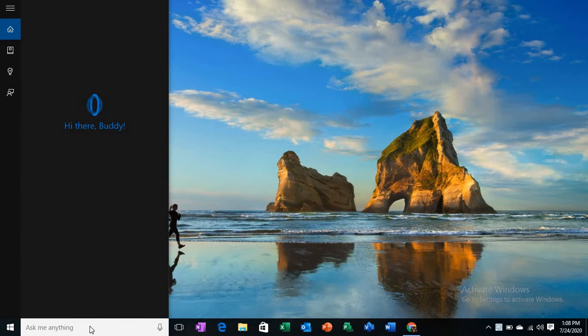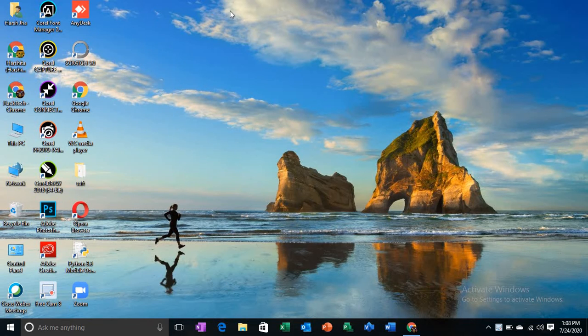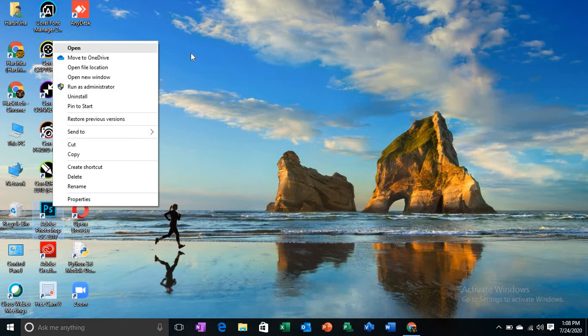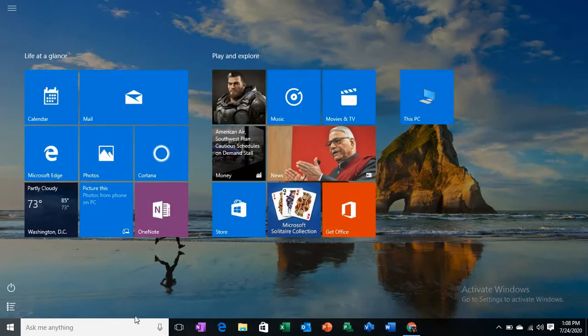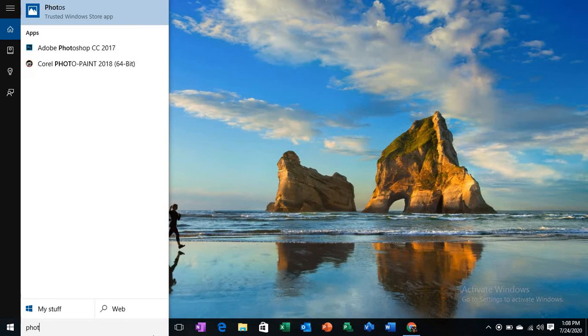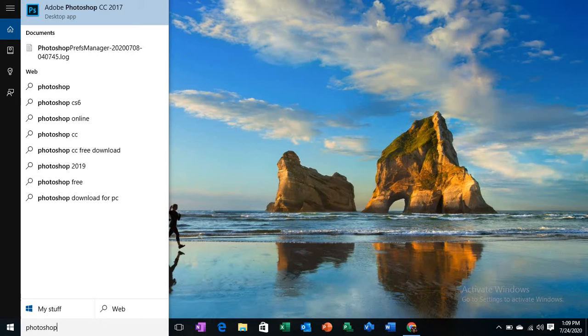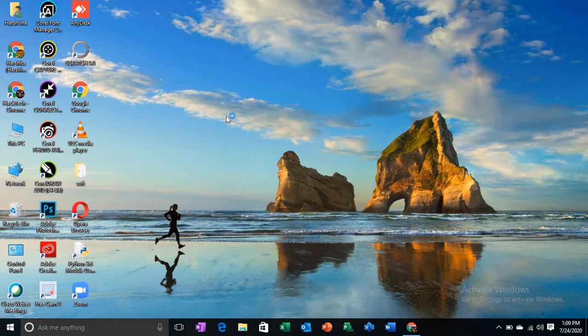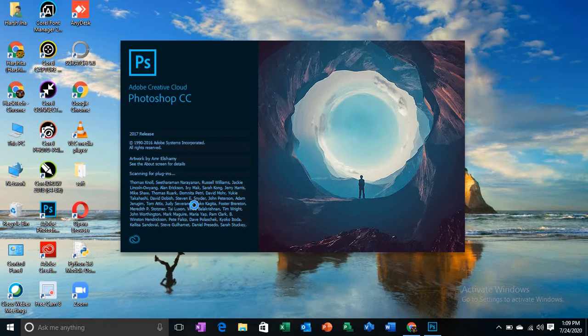So first, what do we have to do to open this? There are several ways to open. Either click on this directly and then press enter, or right click, then click on open, or click on Windows, then type, or you can right click here, then type Photoshop. So Photoshop CC 2017 Adobe Photoshop. We want to click on this and it will open. So this was how to open. First topic is covered: how to open Adobe Photoshop CC 2017 version. So basically it is opening the 2017 release.